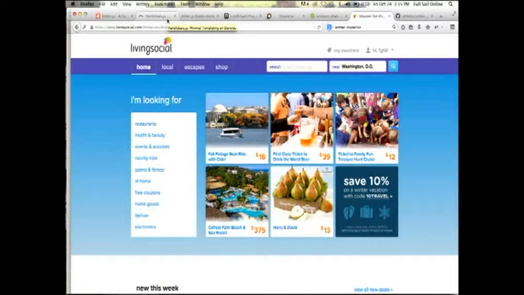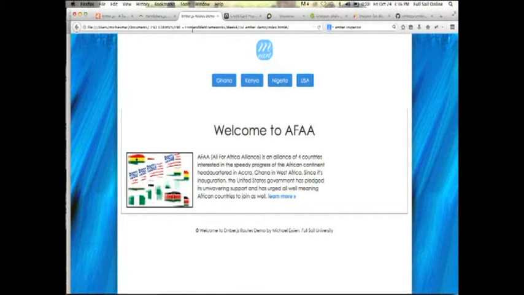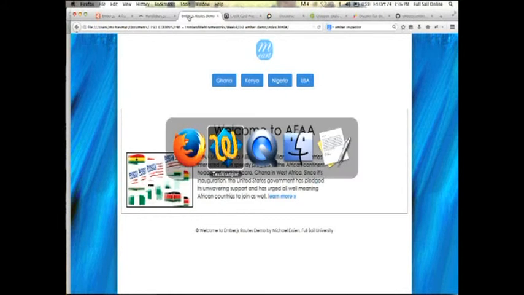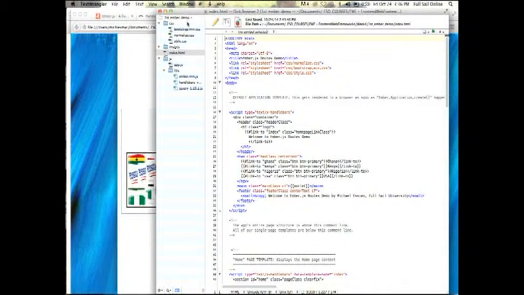Popular websites like Square.com, Discourse, Groupon, Living Social all make use of ember.js in their